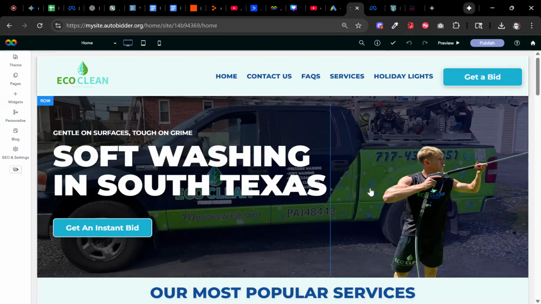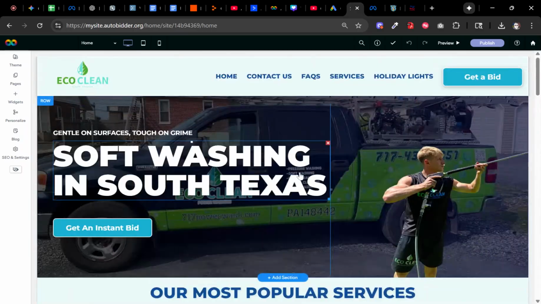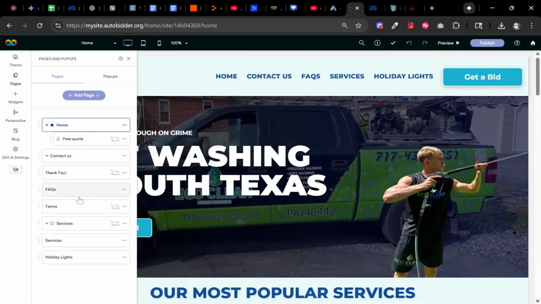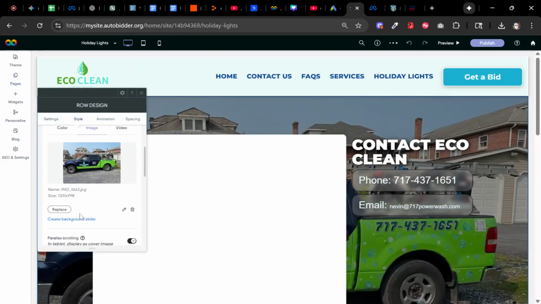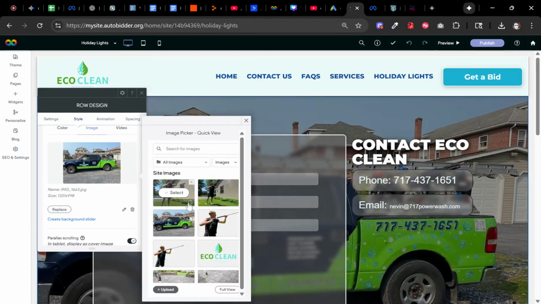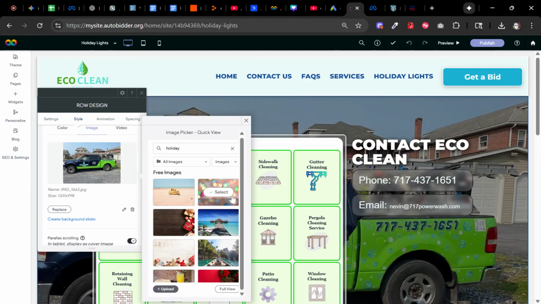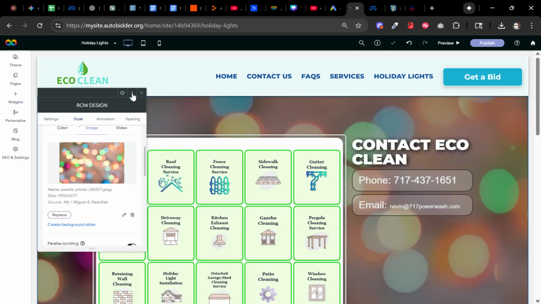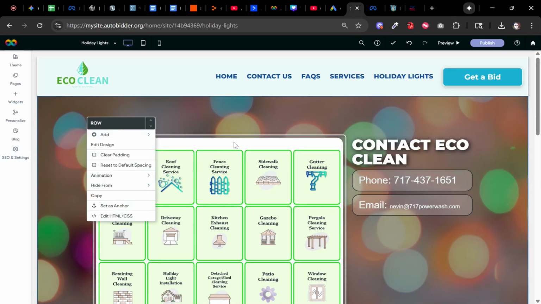Now I want to show you how to actually set that up. When you're inside of the AutoBidder or inside of the site editor, you go to your AutoBidder page, and I think this site I was actually using holiday lighting as an example. The idea is all we're really going to do is add those same features here. So here we've got the AutoBidder form. Now what you're going to basically do is you could either cut that or you can even just add. What I would do is